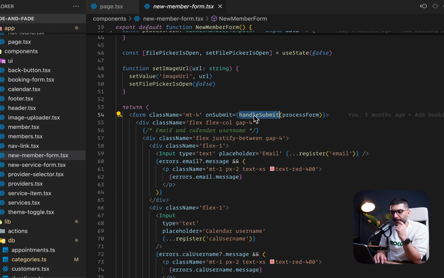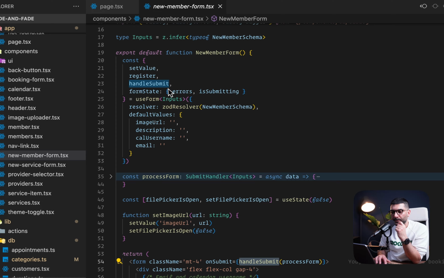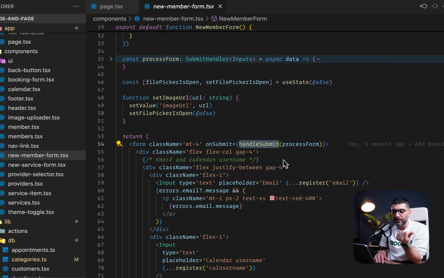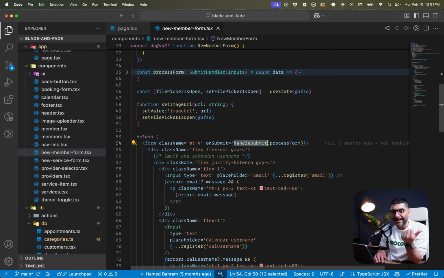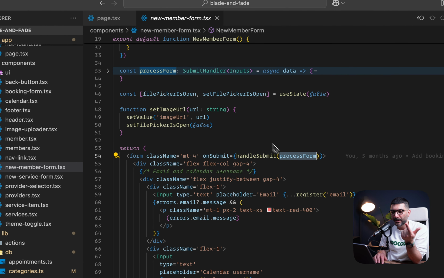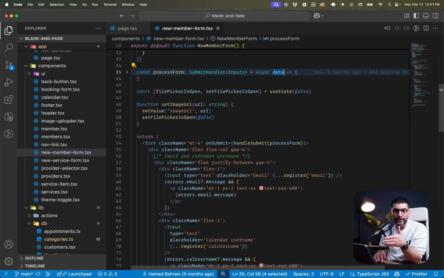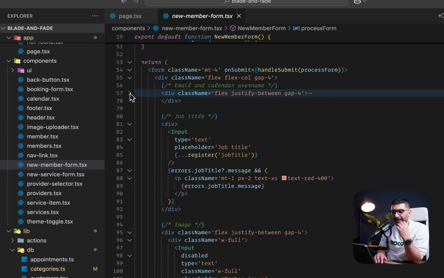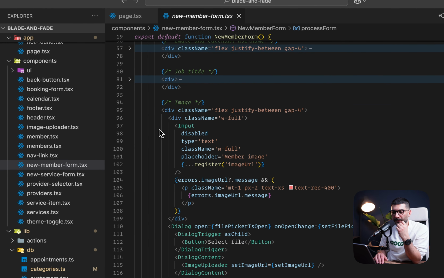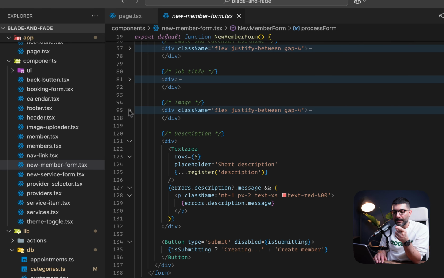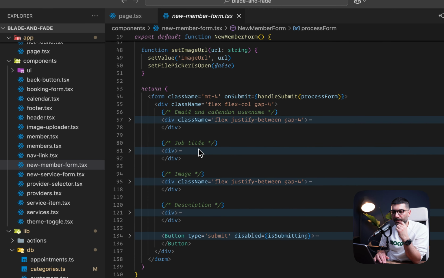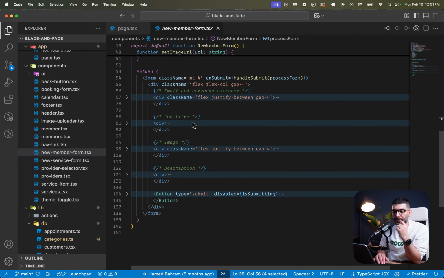So we're hooking it up with this handleSubmit that comes from React Hook Form. And we pass the processForm to it. The reason why we're doing this is that it prevents the default behavior of our forms. It also validates the data before calling this processForm. So the data you're getting inside this processForm has already been verified by Zod. Now here we have the email and the calendar username, the job title, regular inputs. We're going to talk about the image in a second, and the text area down there and a button to just submit. So before we go to our server actions and how we actually create this user, let's talk about